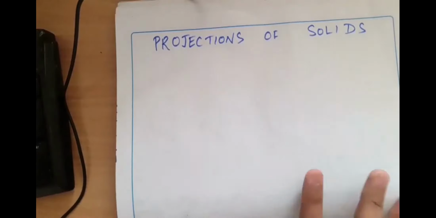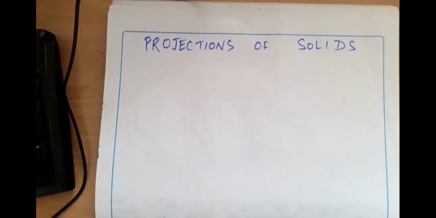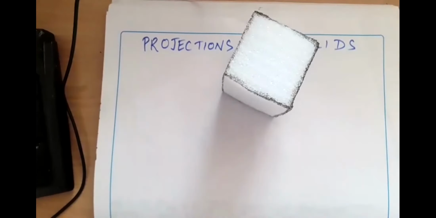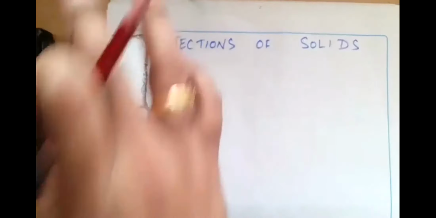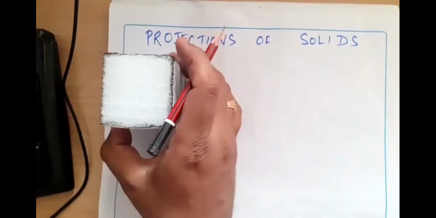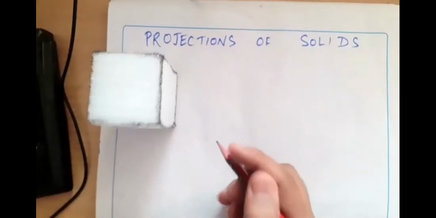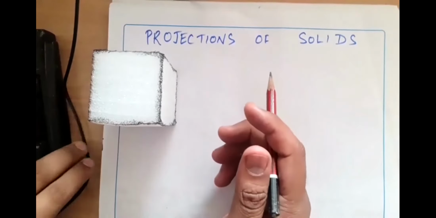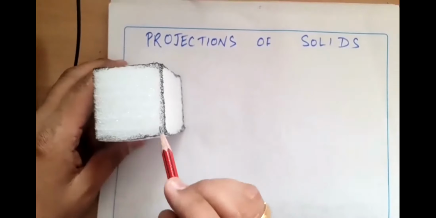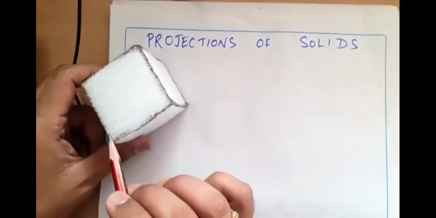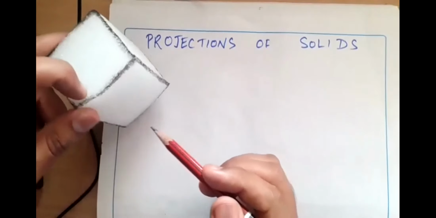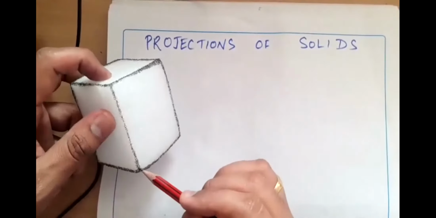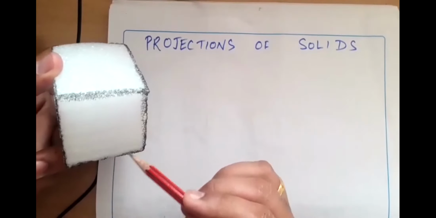Now, projections of solids. I'll imagine a particular solid. How do we represent its views in the first quadrant? Let us see. I'll imagine a square based prism first. The top plane I'll name A, B, C, and D. And the bottom plane, the base plane, corresponding to A, will be A1, B1, C1, and D1.